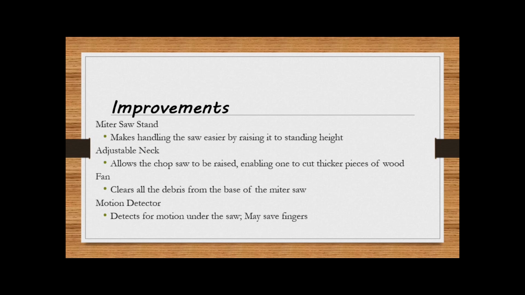And there is now a motion detector, so if skin touches the blade, it will make a broken circuit, and that circuit will then trigger a safety mechanism which stops the blade by launching a pin in between the blade shafts and then pulling the blade down into the machine away from your hand. So it may break your machine and may cost money, but it's better than losing a finger. So